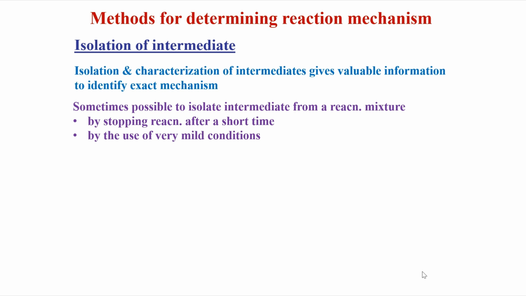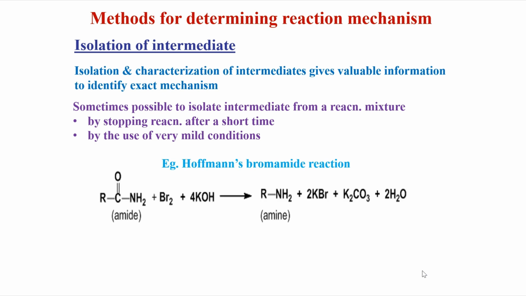Or we can isolate the intermediate by carrying out the reactions under milder conditions. For example, in Hofmann's bromamide reaction, we know that an amide, when it is treated with potassium hypobromite, gives rise to an amine which has one carbon less than the amide, along with the formation of potassium bromide, potassium carbonate, and water. In this reaction, the reaction was carefully controlled by carrying it out under mild conditions,